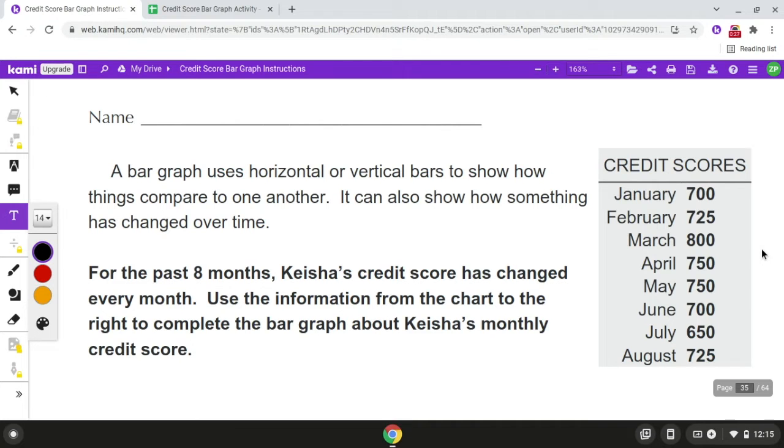So in the book, it tells us that a bar graph uses horizontal or vertical bars to show how things compare to one another. It can also show how something has changed over time. For the past 8 months, Keisha's credit score has changed every month. Use the information from the chart to the right to complete the bar graph about Keisha's monthly credit score. Alright,